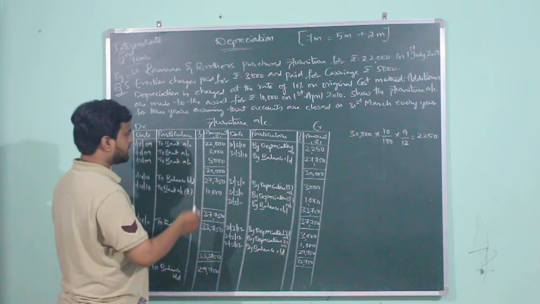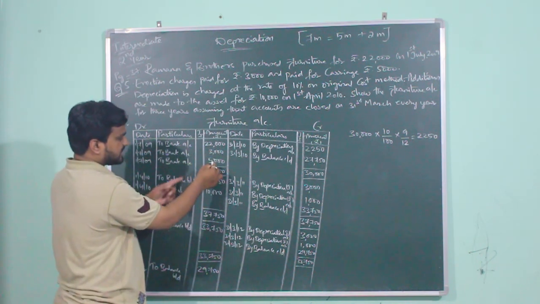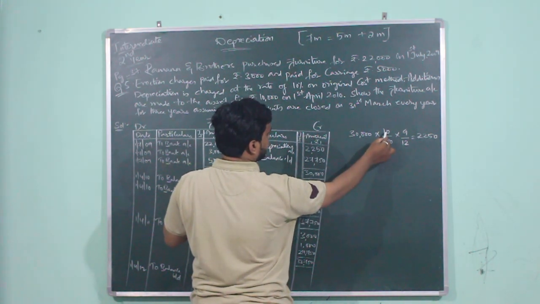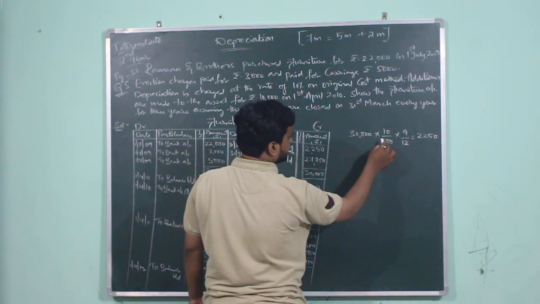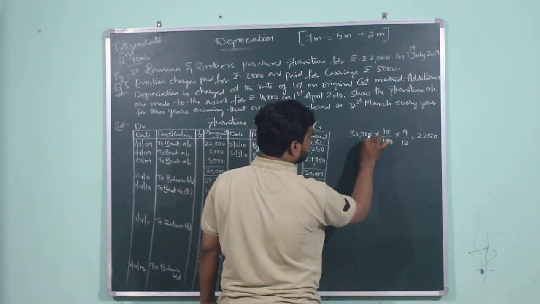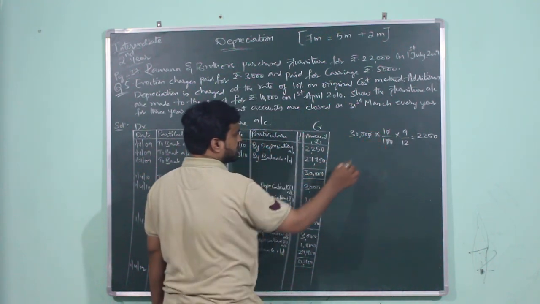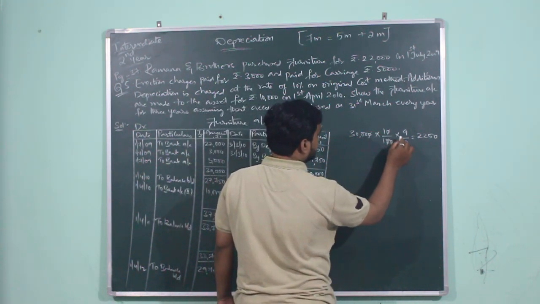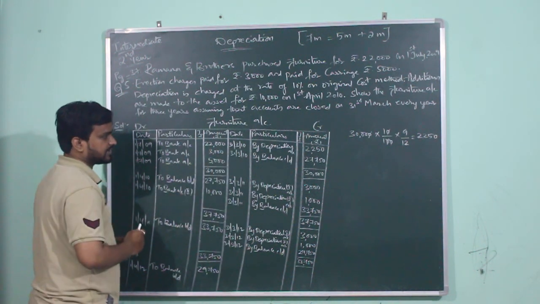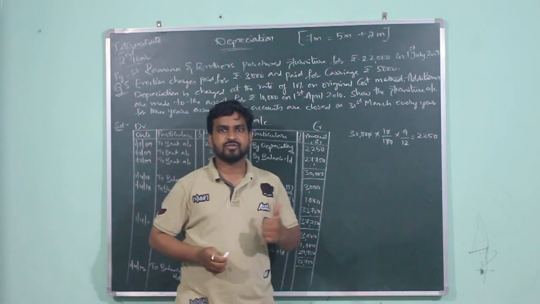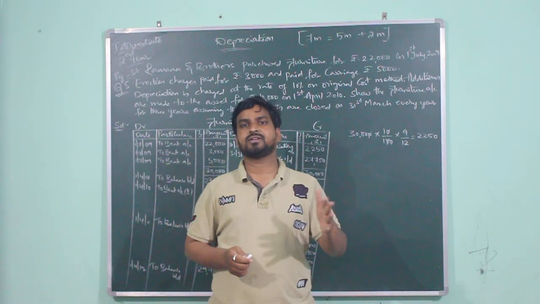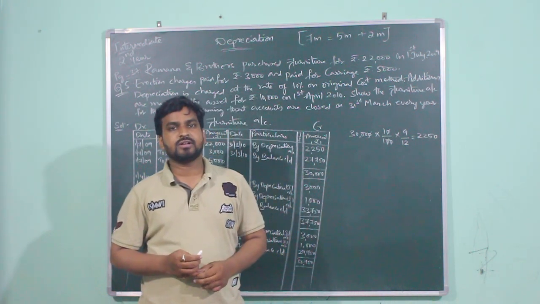So what is the value of the asset? 22 plus 3, 25 plus 5, 30,000. So on 30,000 you are supposed to calculate 10% depreciation. So 10% depreciation works out to be 3,000. 0, 0 gets cancelled, 0, 0 gets cancelled, 3,000 into 1, 3,000 divided by 1, again it will be 3,000. So here the time period from 1st July 2009 to 31st March 2010 is only for 9 months. July, August, September, October, November, December, January, February, March. Here the calculation will be for only 9 months.